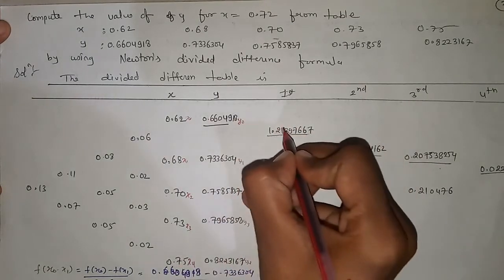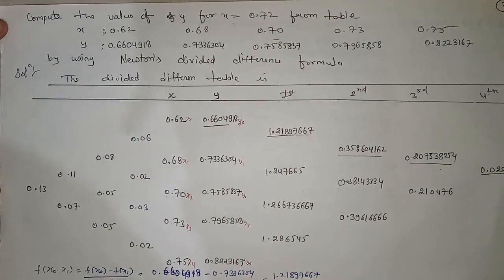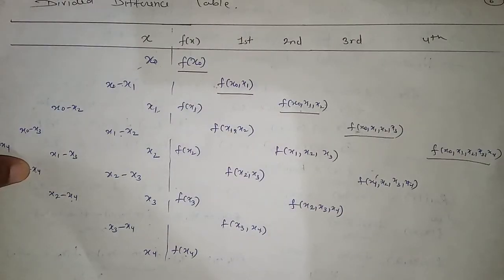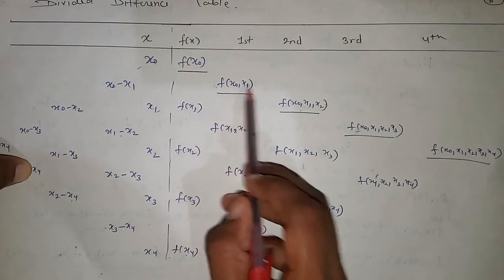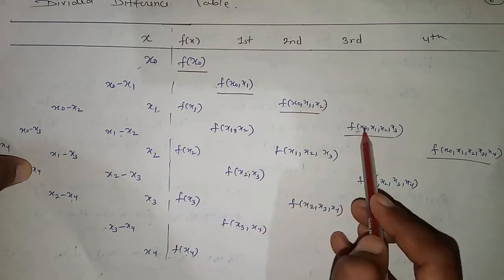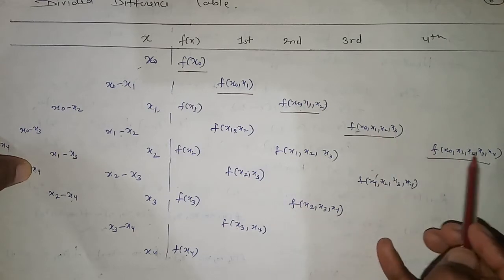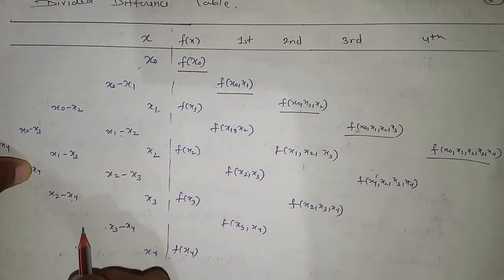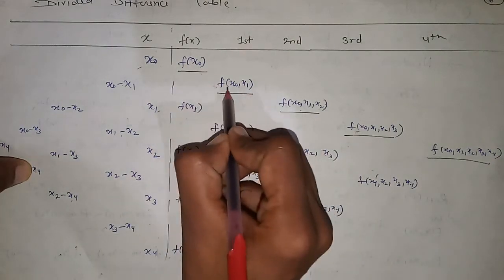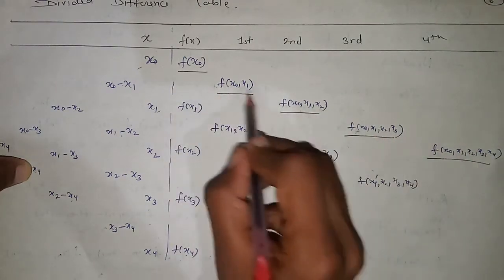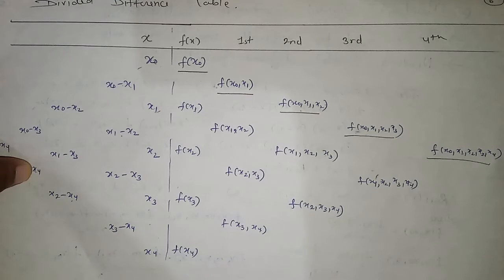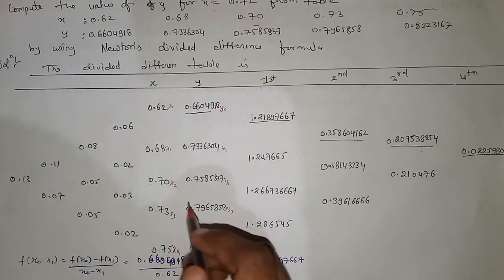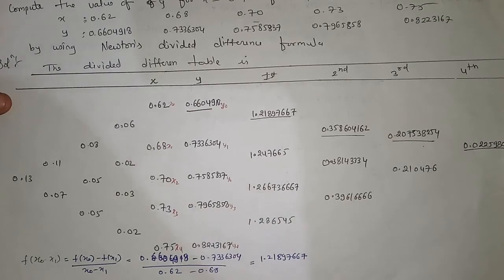Now one thing I forgot to tell you: we have seen in the formula that we need only the values of f starting from x0 only. So f[x0], f[x0 x1], f[x0 x1 x2], f[x0 x1 x2 x3], f[x0 x1 x2 x3 x4]. You can underline these values, since we will not use the others in the formula. We just need these arguments, but for calculating these entries we have to calculate all the entries. Now see, this is x0, x1 and this is y0, y1.